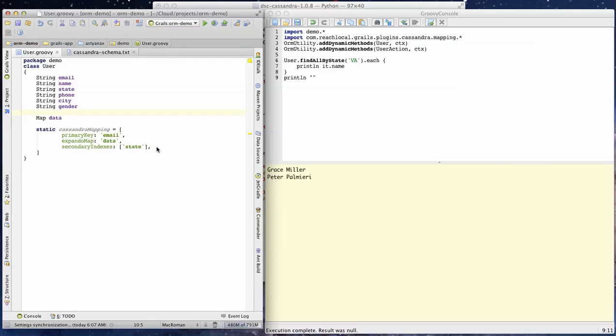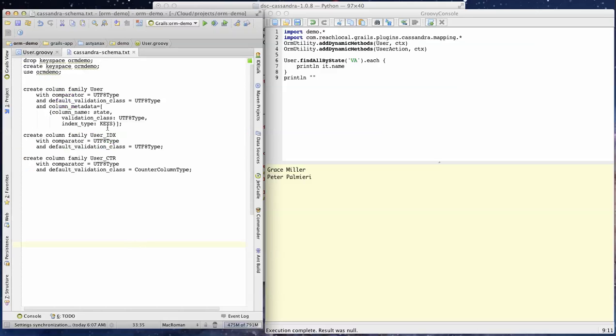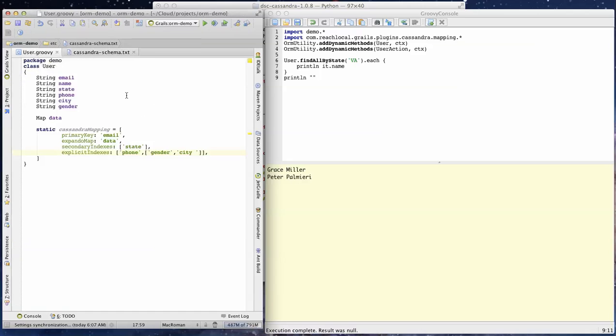not a secondary index, but some additional indexes that we explicitly implement. We do this by storing them in the user index column family. So here I've added some more parameters. I've declared a couple of explicit indexes, one on phone number and one on a combination of gender and city in this case. And we need to populate